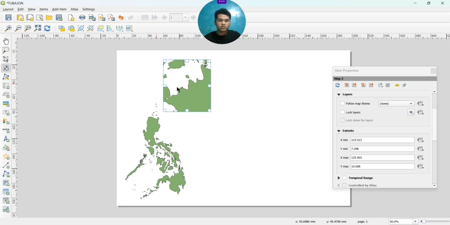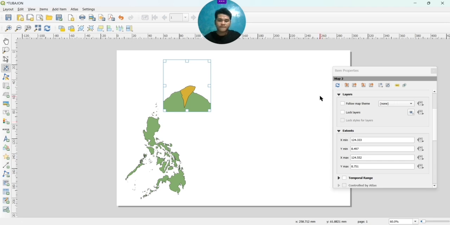Click for that one, then go to the square that you want to move and zoom it. Once you are done zooming the image, in my case the computer was loading. So this is the place where Lagindingan is located.